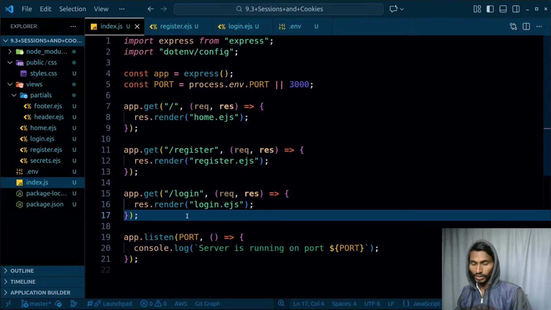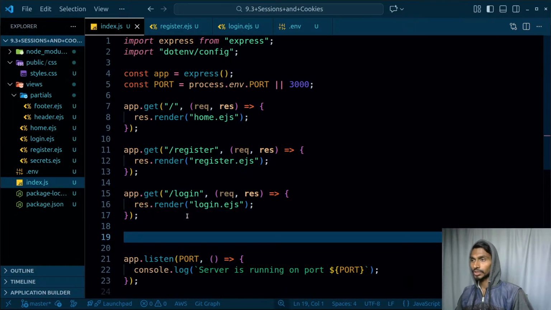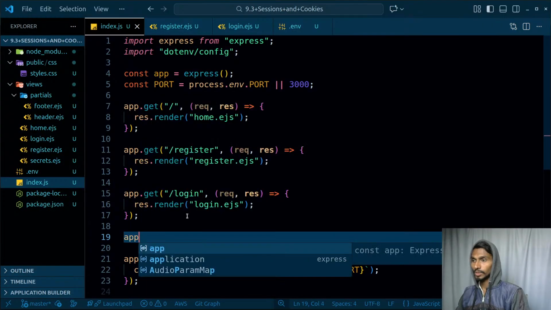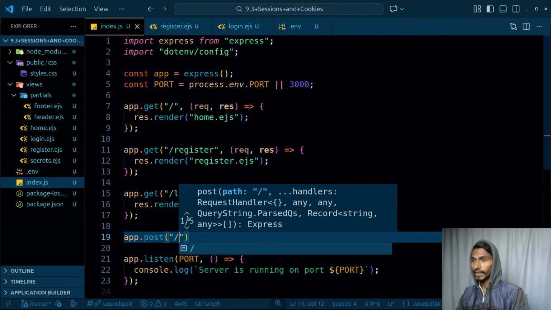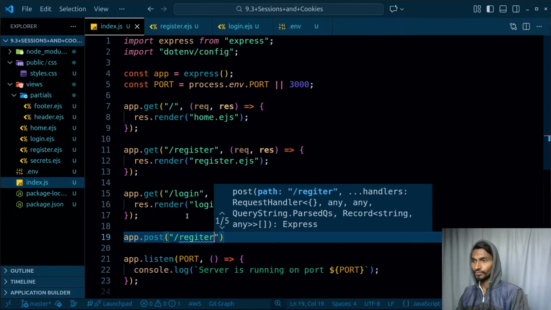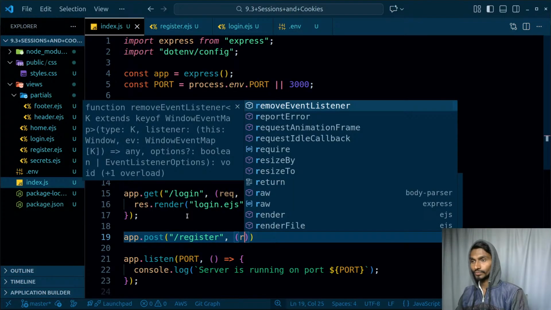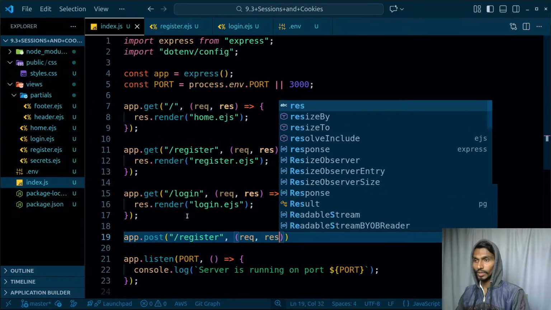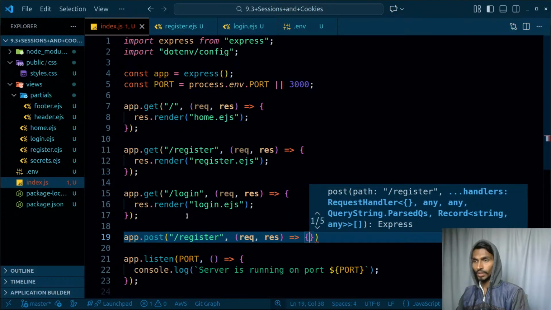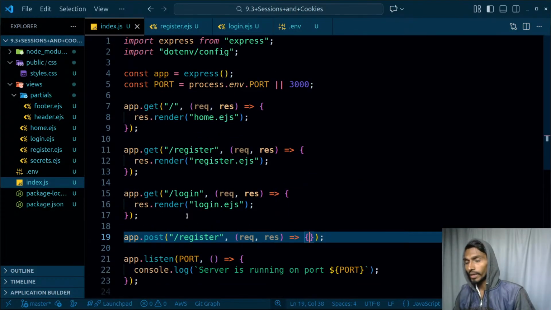So these two things are done, then I will be clicking on this register page, and that's actually going to be a post request, app.post slash register, with request and response, just like this. Then the same way I will have different ones over here, but first of all, as for this register one,